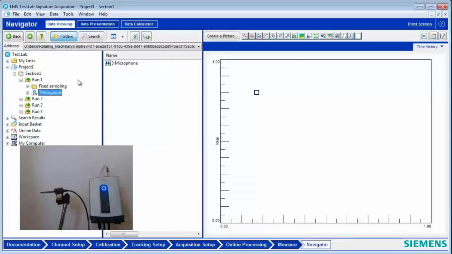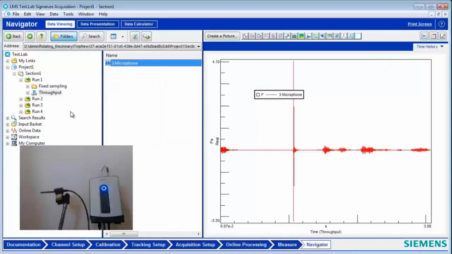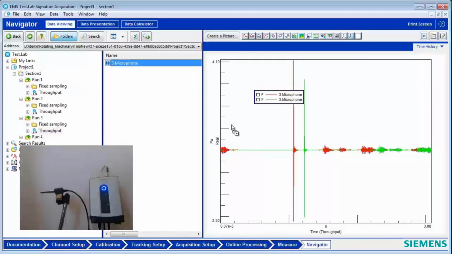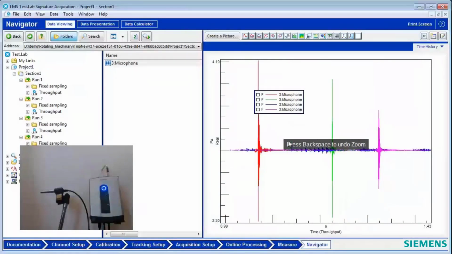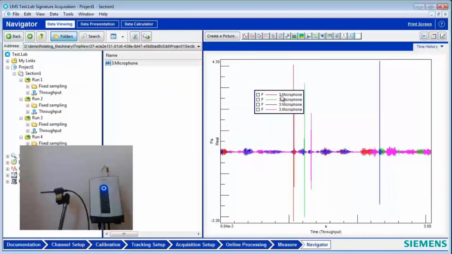And if I take a look at the first recording here, got my transient. I can look at the second recording. There's my transient, my next one, and my next one. And you can see that these transient events occur all at different points during the measurement. They're not all aligned in time, which could make it hard to analyze and understand what's going on. So what I'd like to do is trigger this so that I get a consistent place where this event occurs so I can overlay and compare these.